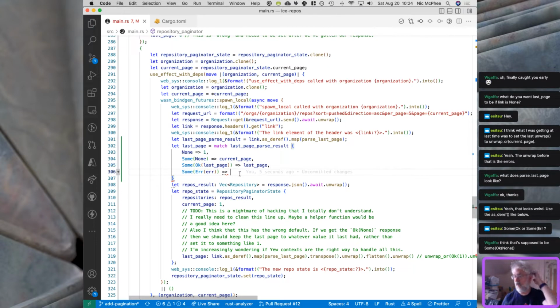Yeah, I'm terrible about that. So if we have some okay, then that's last page. If we have some error, then what do we want to do with this error? I feel like that's almost its own function, because this is getting kind of long and unwieldy. For the moment,